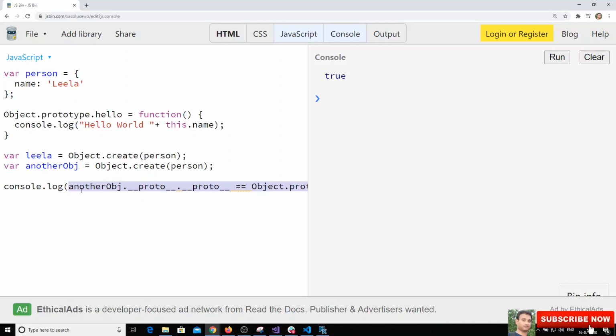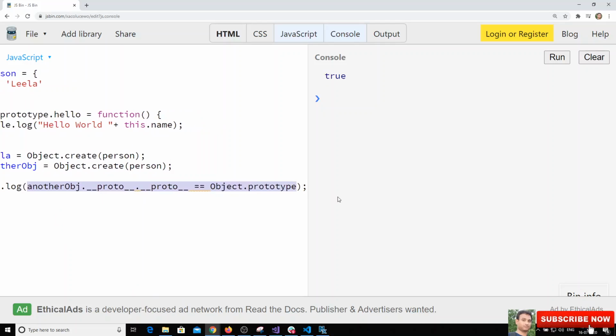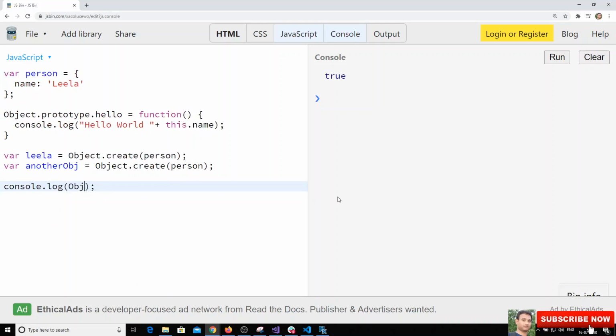And here if you want to check, I told you that we should not use underscore proto, right? So we can check another option. Object has one method known as getPrototypeOf. We check whether Object.getPrototypeOf of another object is equal to person or not.